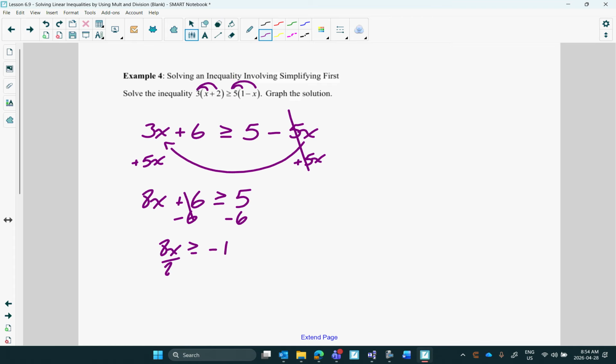Divide both sides by 8. And I get x greater than or equal to